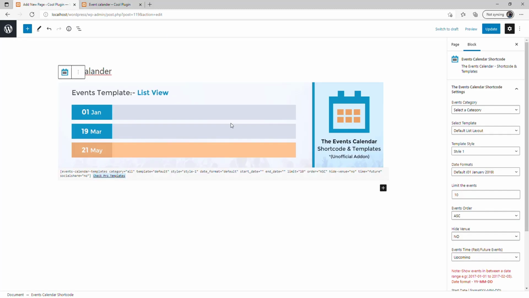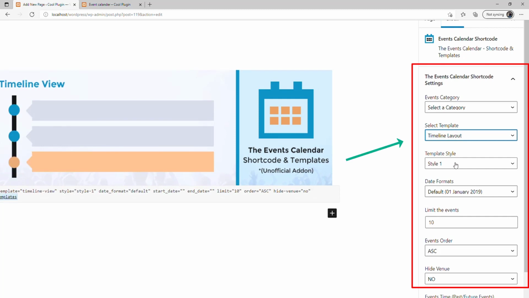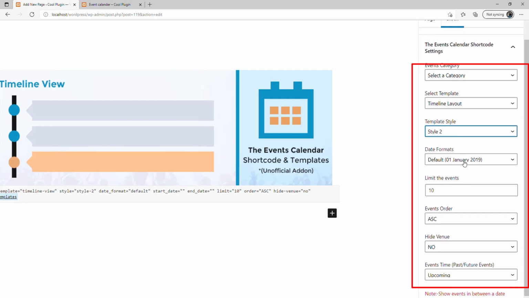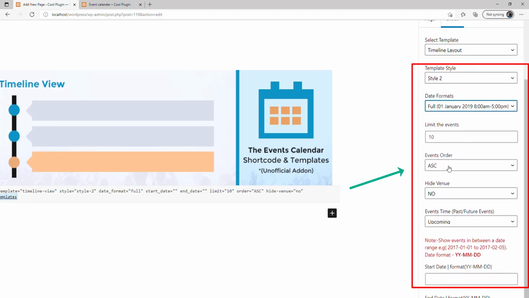Now if you want to change the layout, you can go to the event calendar shortcode setting here and select the timeline layout, and let's select the style to second style. If you want to change the date format, you can change it from here. Let's select the full date format,